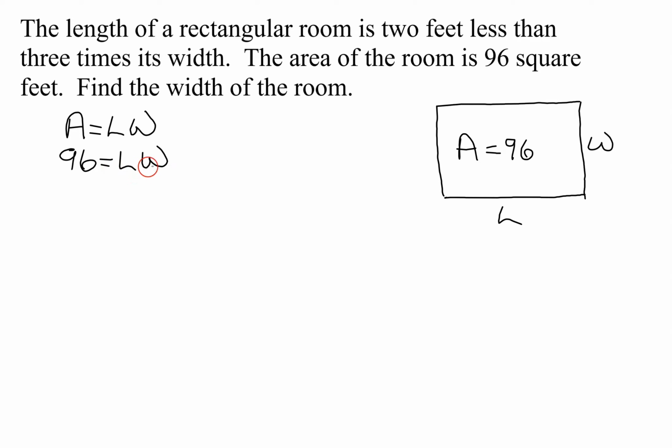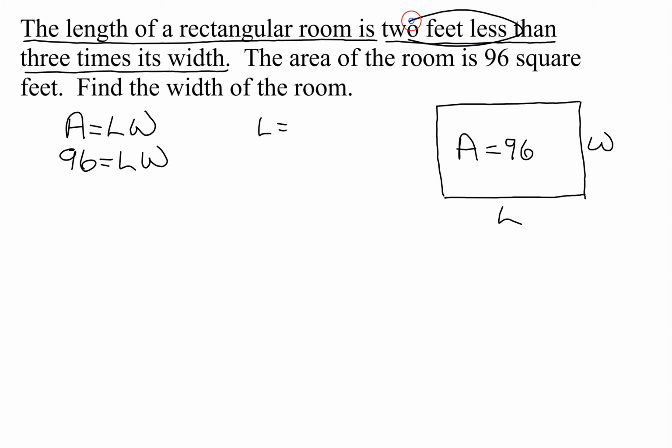But on this side of the equation, I have two variables, L and W. So I'm going to have to write either L in terms of W or W in terms of L. And that's where this first sentence comes in handy. So I'm going to translate this first sentence. It says the length of a rectangular room is, so that translates to L equals